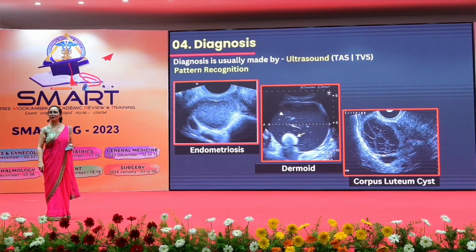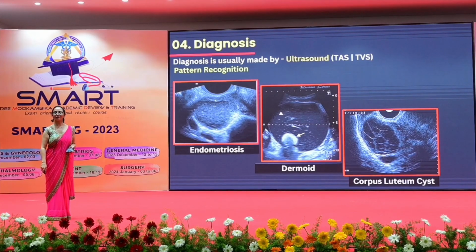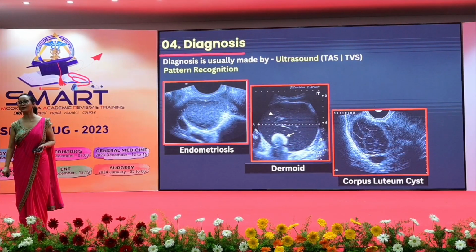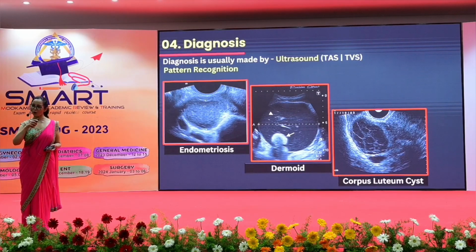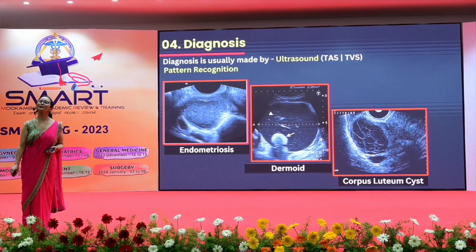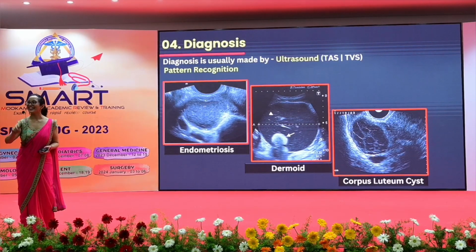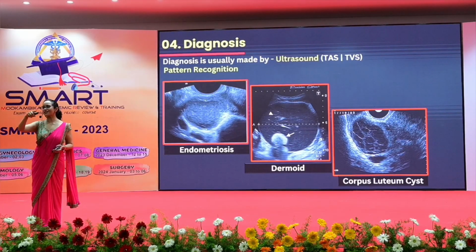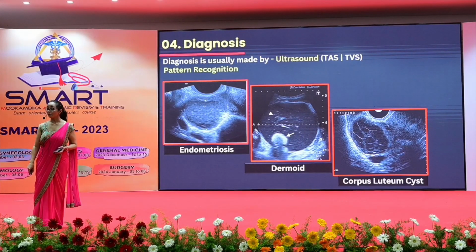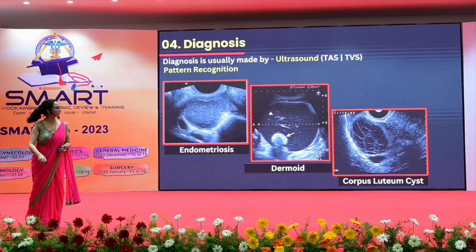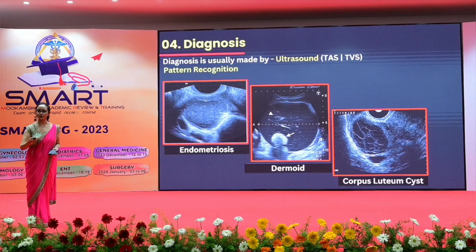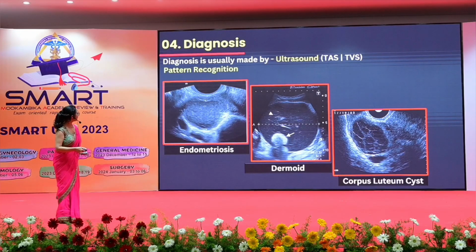Third is corpus luteum cyst. How will you describe this? Cobweb appearance. Okay? All of you have cobwebs in your room. Today you look at them and see how they look. It is not exactly the meaning of that, but a crisscross pattern we call cobweb appearance. So cobweb appearance is because of organized blood in it, this luteal cyst is called cobweb appearance.